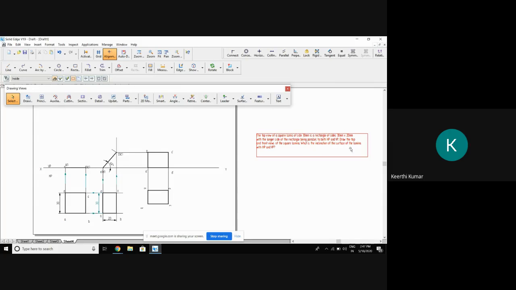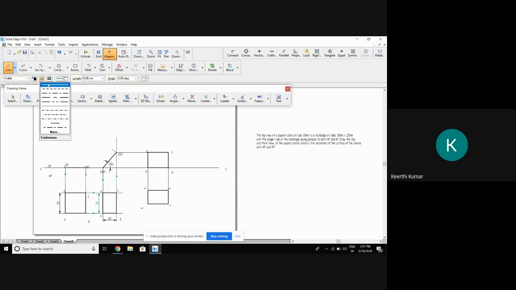Okay. What is the inclination of the surface of the lamina with VP and HP? With HP it is 48. With VP how much it will be? 90 minus 48. It will be 42. If you want, you can check in another way. You can check by using a side view. How to see that? Go for the projection line. You can write mathematically or graphically if you want to show.